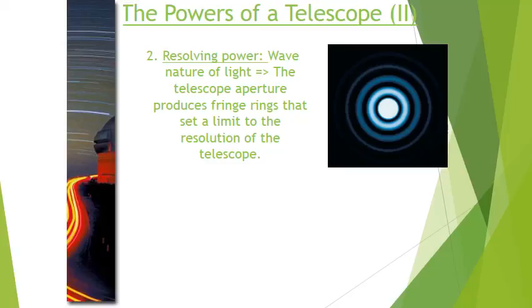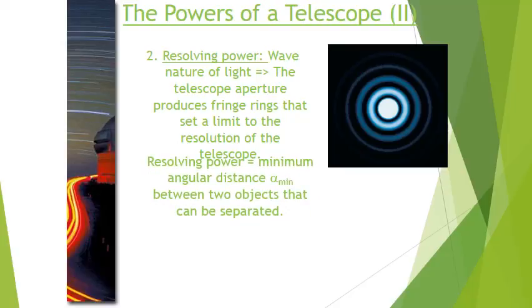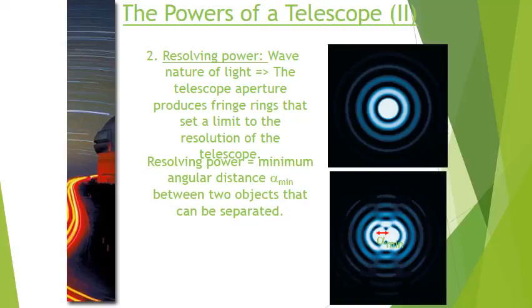So a large telescope, first of all, allows you to gather more light. It also increases what's called the resolving power of the telescope. Resolving power is how close 2 objects can be and still be seen as 2 separate objects, for example, 2 stars out in space. This is common. There are certain stars, such as Mizar and Alcor in the Big Dipper, that to the naked eye are tough to resolve. They actually are 2 separate stars, but it's tough to see that with just the naked eye.